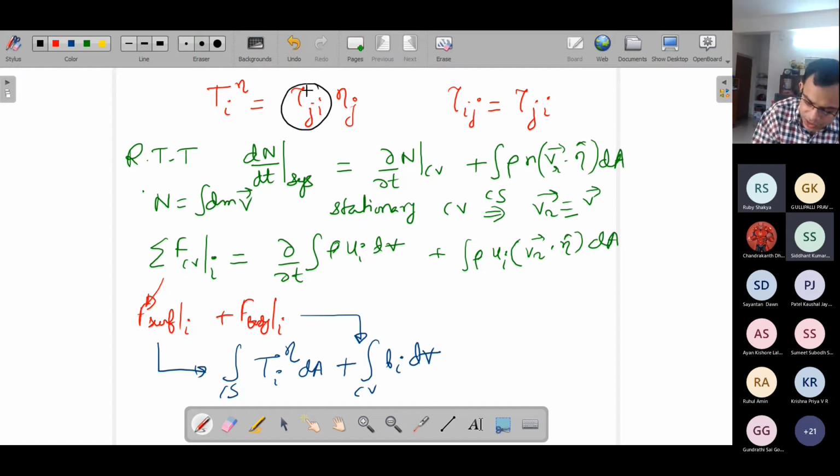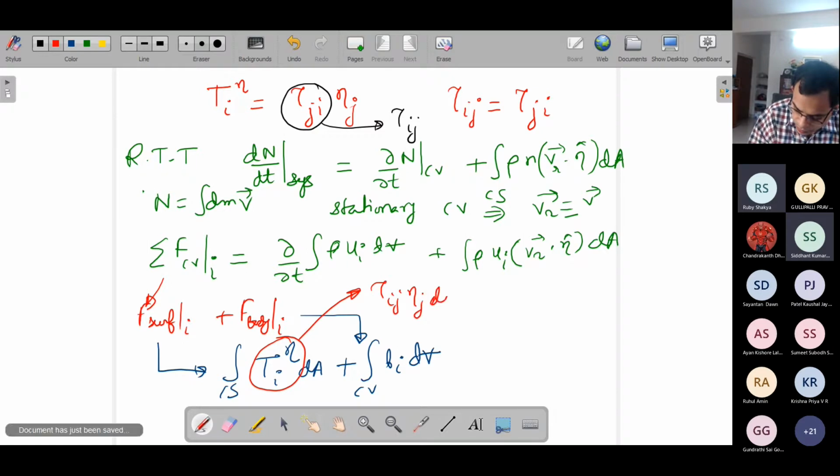So we write this, because tau ji is equal to tau ij, and we will replace it with this one. Okay. So when you have this one,